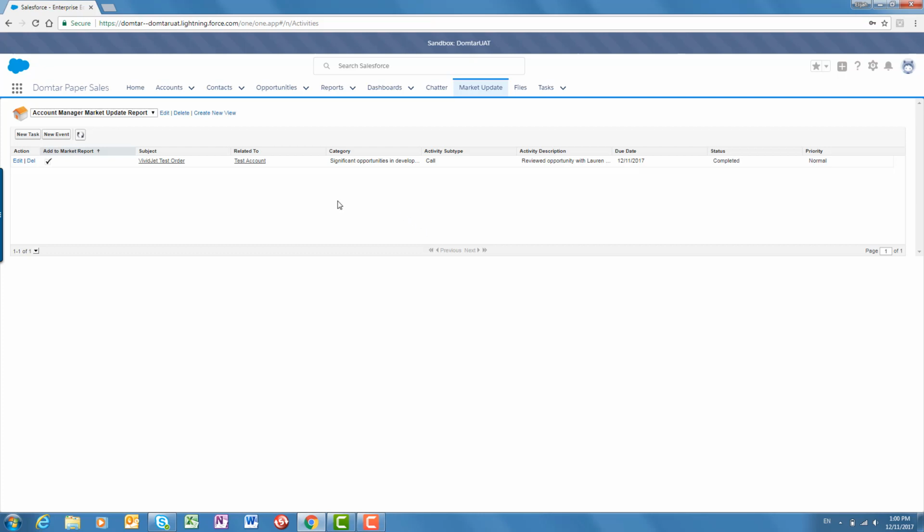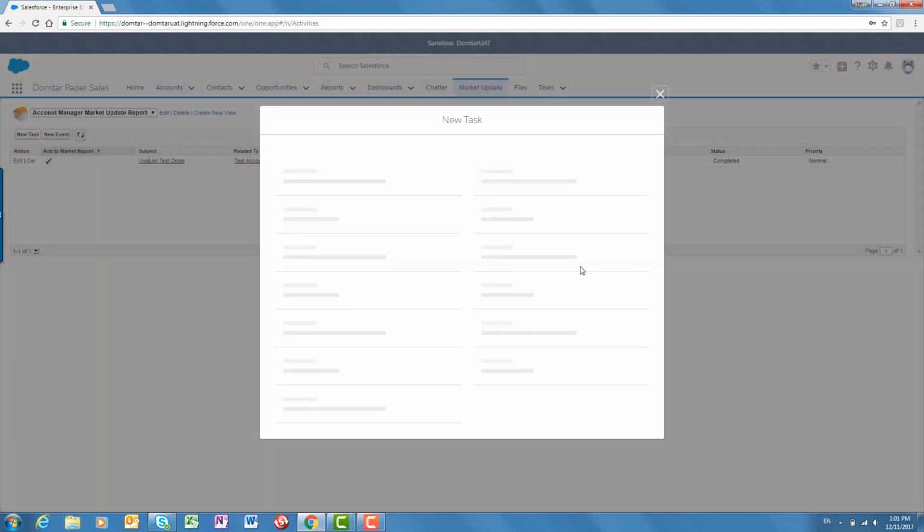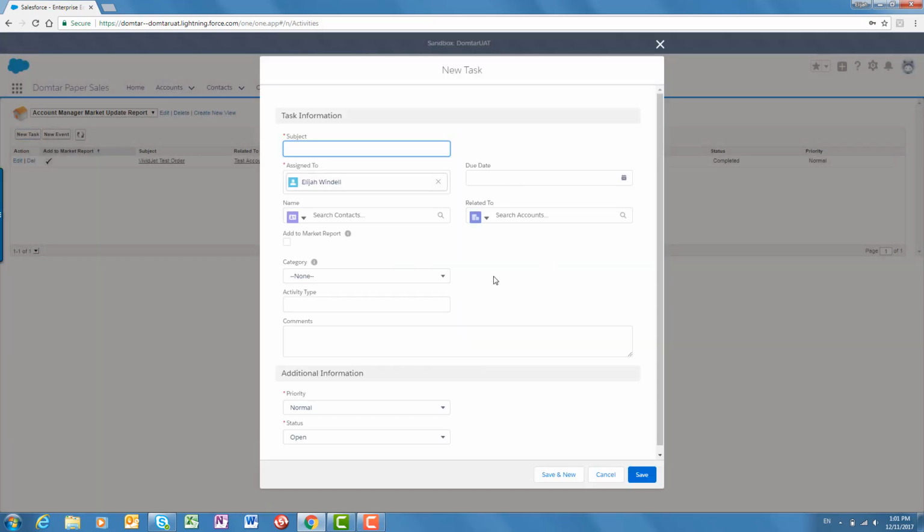Okay, let's say that, you know what, I have a task that I want to add, but it's not really tied to any particular account. I just need for my manager to know what's going on, that something took place. There's a couple of buttons up here on the Market Update tab. One says New Task, and you can click on that, and when you do, the form for adding a new task pops up, and you are able to fill in whatever you are needing to communicate